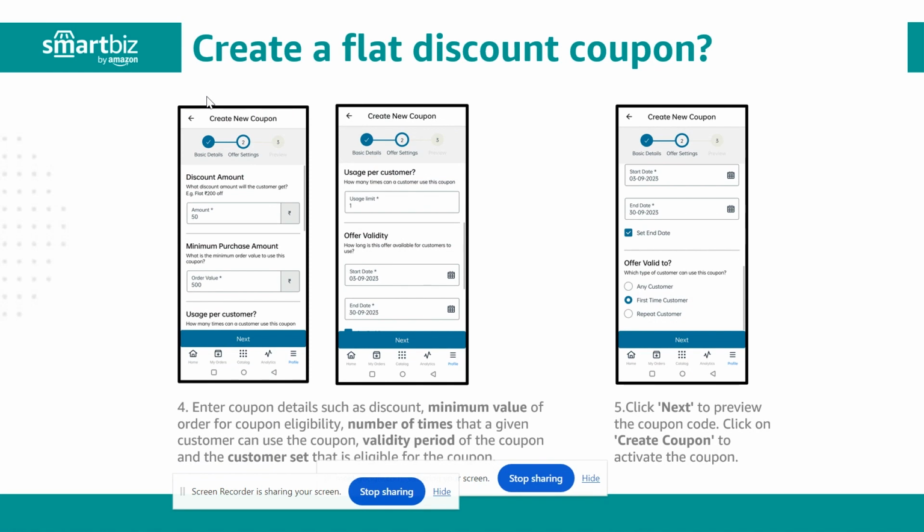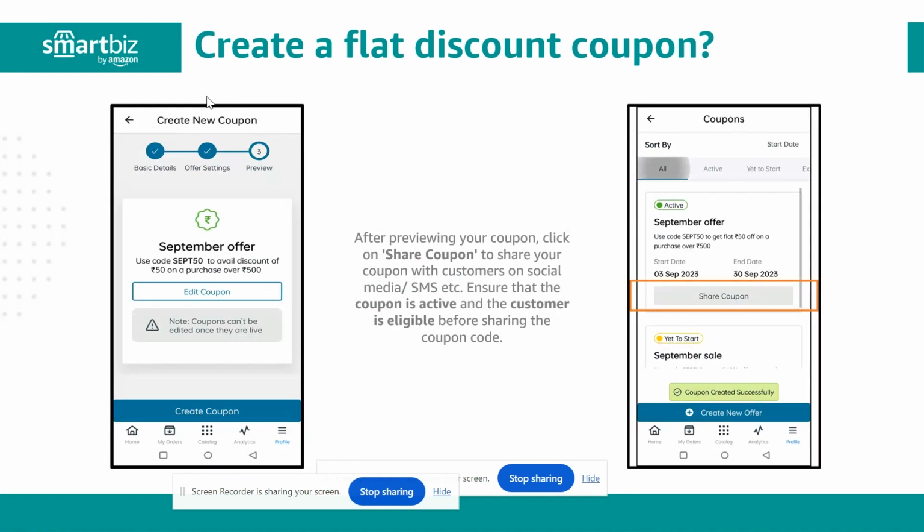इस पे भी आप सिमिलर यूजेज लिमिट डालोगे, डेट डालोगे, जैसे स्टार्ट और एंड डेट, आपको कब तक ये वैलिड रखना है फॉर कस्टमर्स, टाइप ऑफ कस्टमर्स सेलेक्ट करोगे किन के लिए वैलिड रखना है ये, एंड देन आप नेक्स्ट करोगे। उसके बाद यू कैन सी वो प्रीव्यू करके आप एक बार देख सकते हो कि आपने कौन सा कूपन क्रिएट किया है।